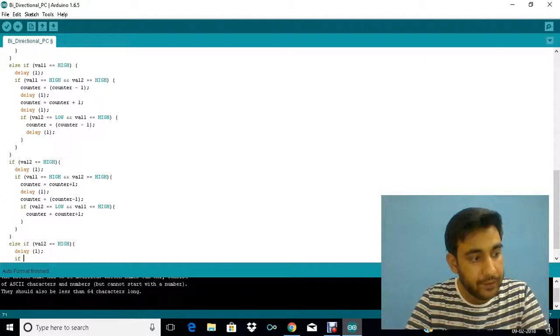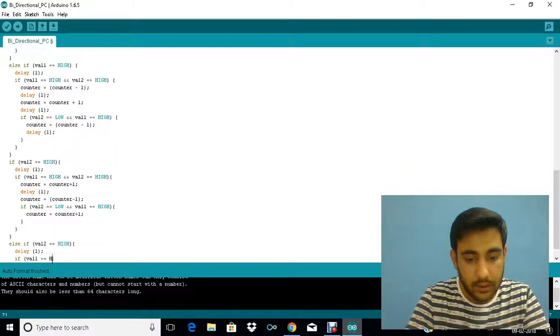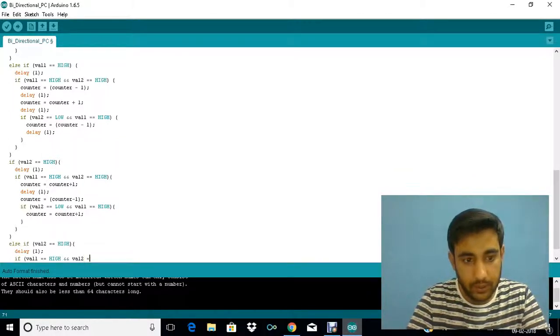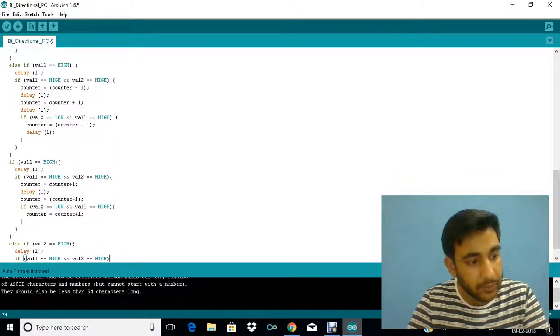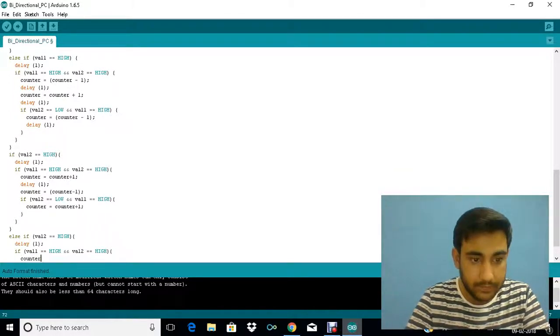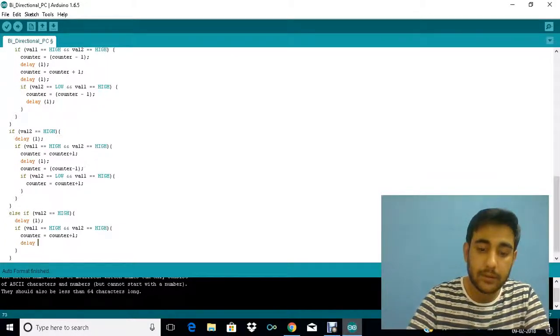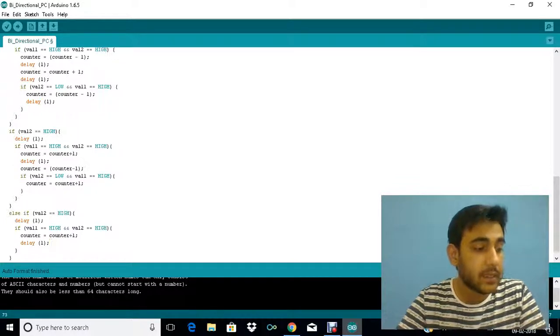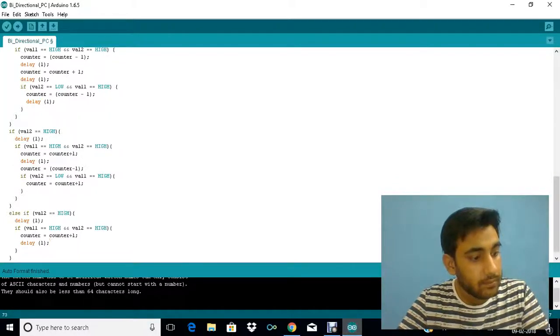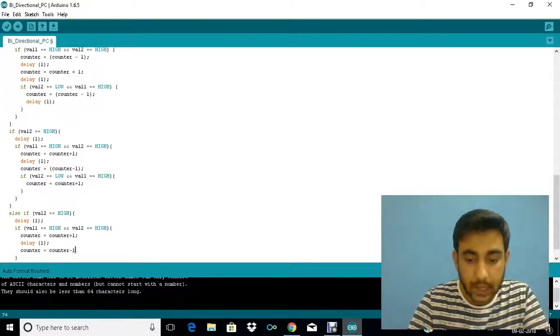Now if val1 equals high and val2 equals high, so in case the person is again standing in front of both the sensors, because he's mad, so counter equals counter plus 1. Oh, okay, so again it's high, so we need to neutralize it. We need to tell it to do something, otherwise it's going to execute the commands on top. So counter equals counter plus 1, then counter equals counter minus 1,